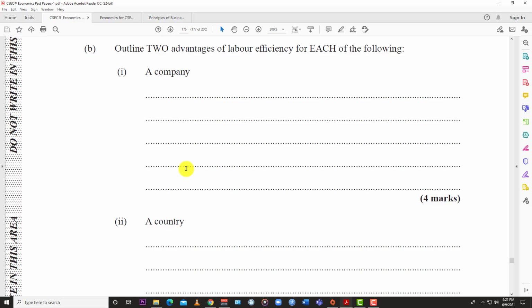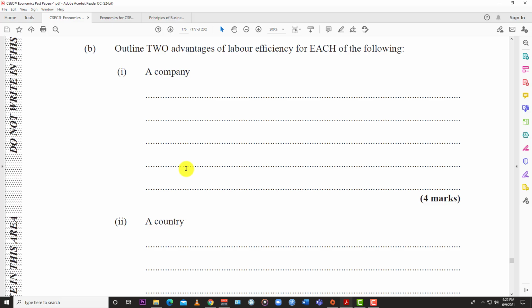That's 1. 2, of course, increased profitability, because the company now can get things churned out at a faster rate, and sometimes at a cheaper cost than maybe competition out there. So what happens now is that because you have an efficient labor workforce, your company becomes more lean and more efficient, and so profitability rises. That's one key factor that can impact profitability, efficiency. Remember we said that one reason efficiency is good is because there's not much wastage, and then the cost is reduced. So if the cost is reduced, but you're producing at a higher output or at the same level as you used to before, but reduced cost, of course that means profitability is up.